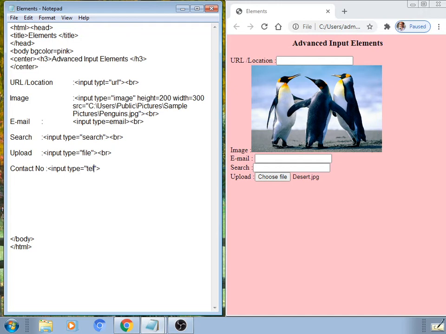Such a contact number may be a landline phone number or a mobile phone number also. So as per that, regarding particular information, we have defined here field name as contact number. See here, it produces a text box for contact number.